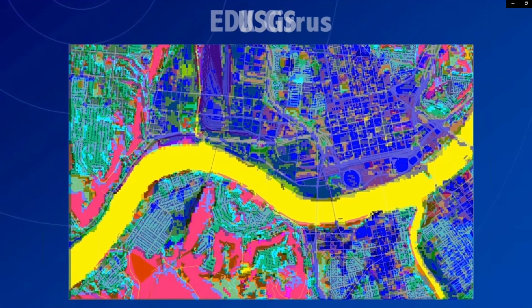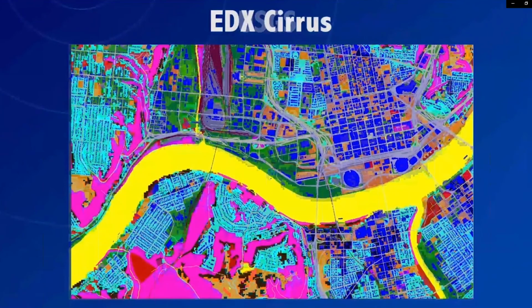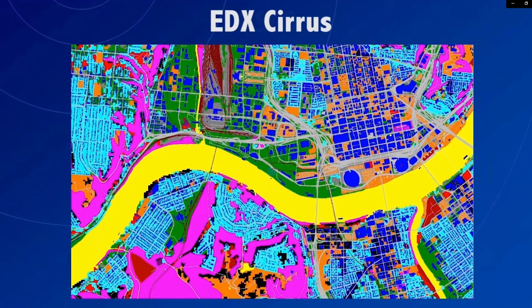So what's on the screen now is an example of the USGS data versus the hybrid data for an area in Cincinnati. The difference is apparent when you see the detail of the Cirrus data, in which you can even see buildings and street footprints. Another thing that speaks to the accuracy of the Cirrus data is it's custom and specific to RF and wireless network planning. When we compare that again to the USGS data, that gets used in a lot of different applications. Hydrology and biological diversity studies are a couple of examples.